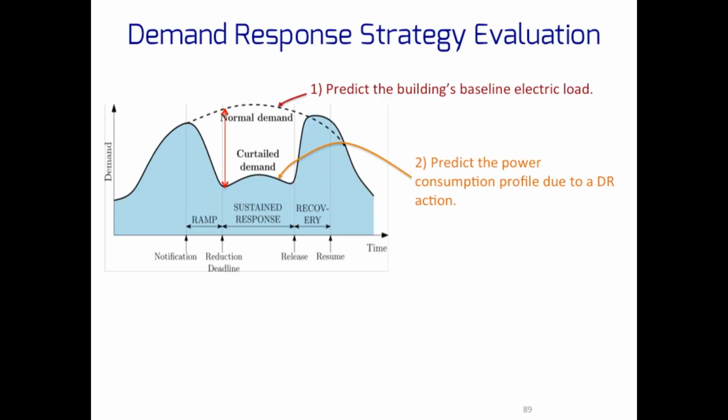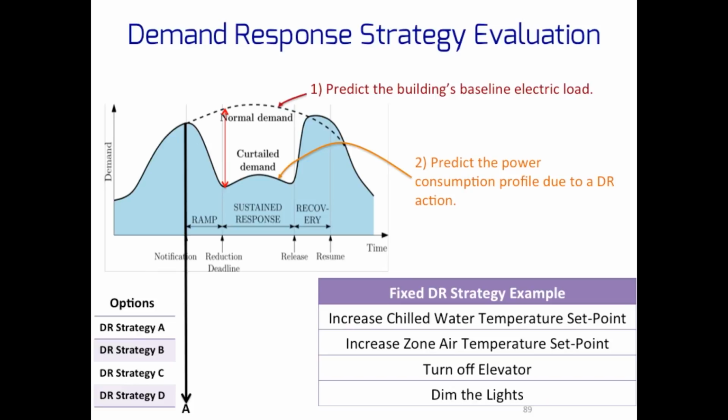Because that's really what we want to figure out. Can we predict the actual response due to our inputs to the building? So in strategy evaluation, the idea is that because most of existing demand response is already rule-based, what if you